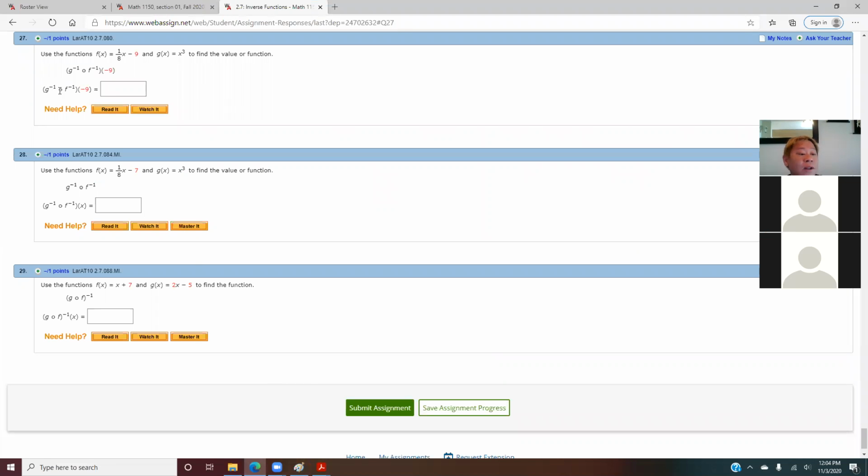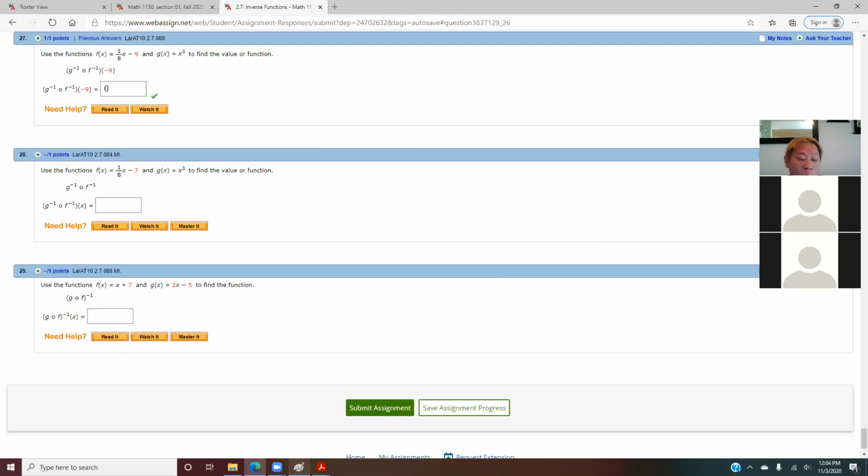So the G inverse F inverse of negative 9 is 0. Okay. Now, if they give you a number in here, it means your answer has to be a number. But 28 is very similar to 27, because the only difference is this is 9 and this is 7, so I just use that. But this question is asking us G inverse of F inverse of x. So when you see an x in here, it means that your answer is in terms of